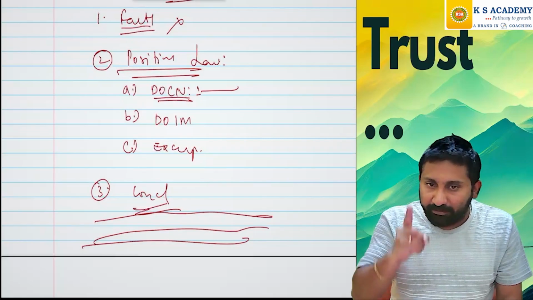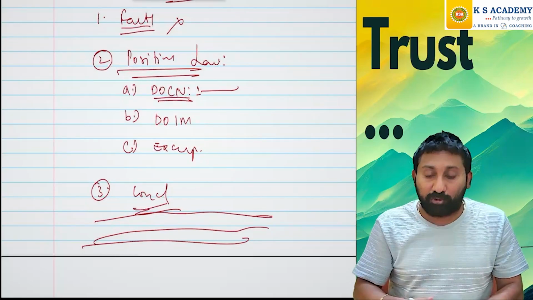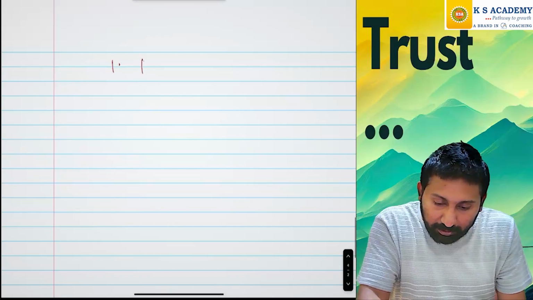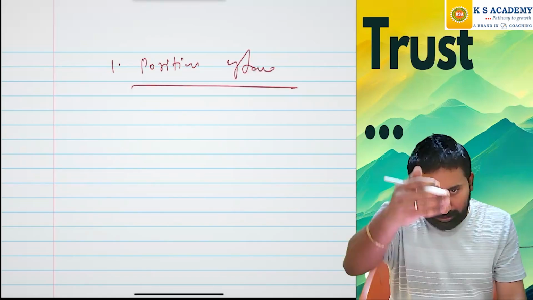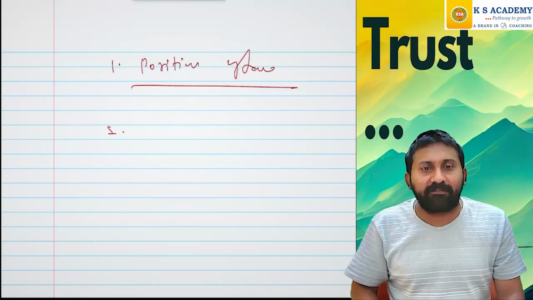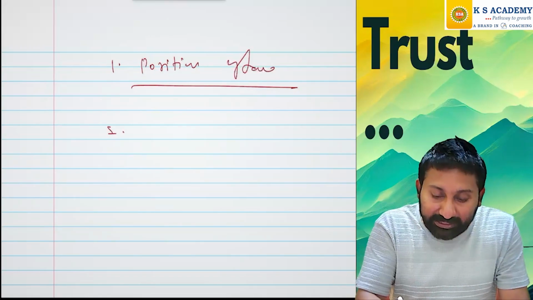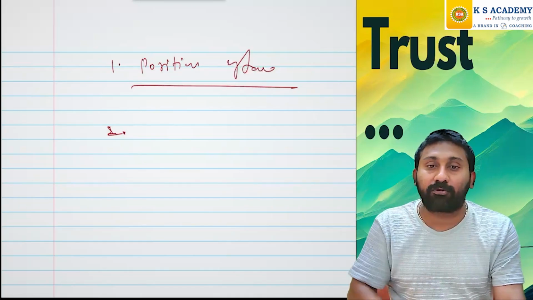Number 1, provision of law. Number 2, if it is an 8 marks or 7 marks question, first write down the position of law. What is said in the law? Write down the provision clearly first. Sir, the provision is over, I have written everything in the provision. Then what to do? Second stage, after writing the position of law, you have to write down